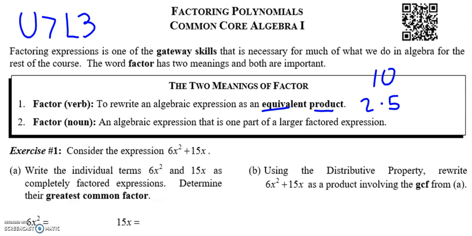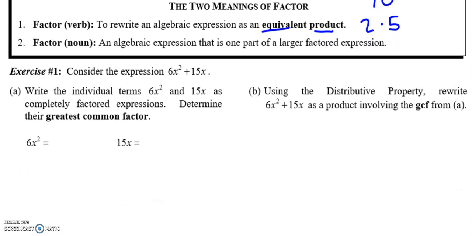And then the second part is when we say a factor. So this is a factor, 2 is a factor. It's just one part of the product. So 2 is a factor and 5 is a factor. That's it. All right, so for part 1 here, we have this algebraic expression right here, a polynomial, and we want